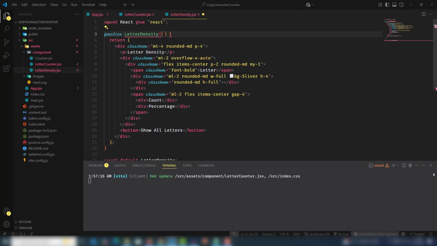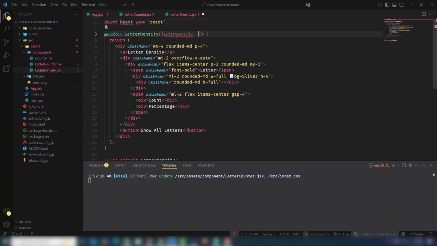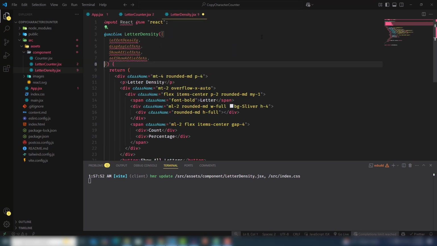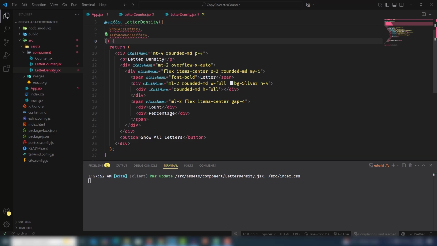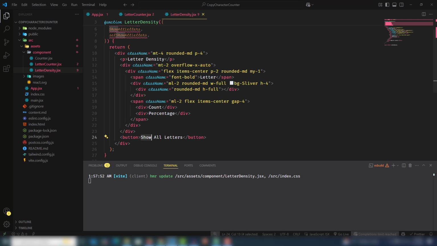Just a minute. Letter density and displayLetters. I need to get one by one value, guys. Letter density, displayLetters, and showAllLetters, and last one setShowAllLetters, right? So let's use them one by one. First of all, I need to add the conditional rendering to display the show all button, this one or not, right? So after this one,